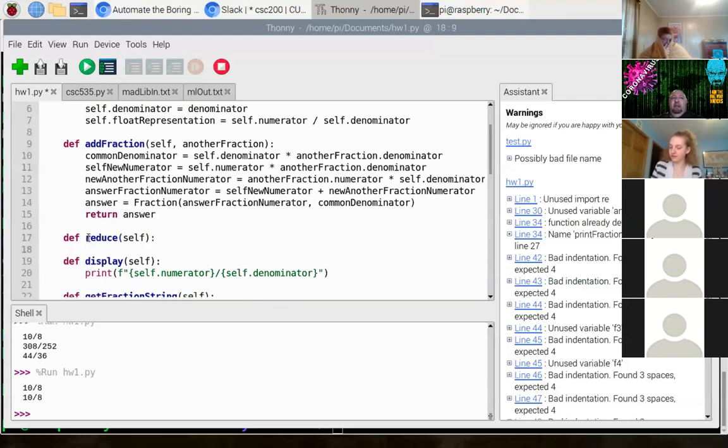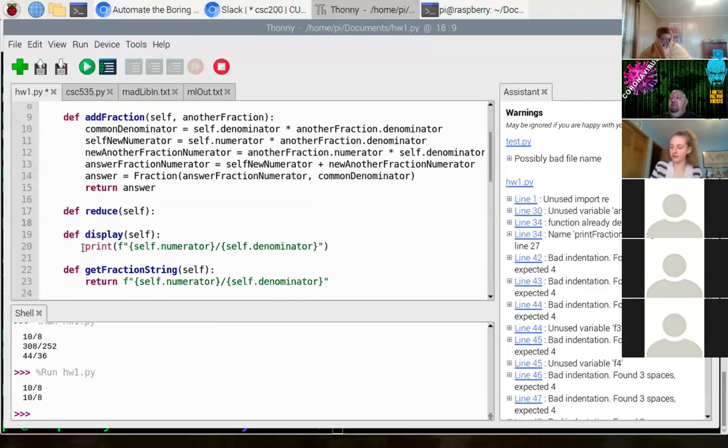All right. Now to reduce a fraction, we need to find the greatest common denominator or greatest common divisor (GCD) of both the numerator and the denominator. That is to say, we need to find the largest value that evenly divides the numerator as well as the denominator. Okay, so if, for example, we're working with a fraction like 6/8,